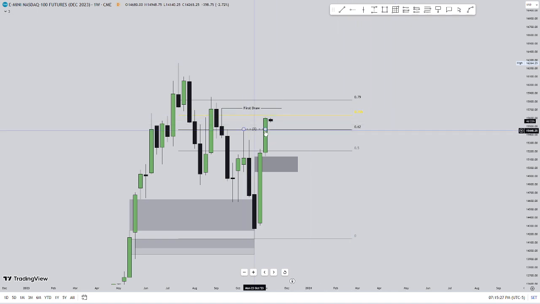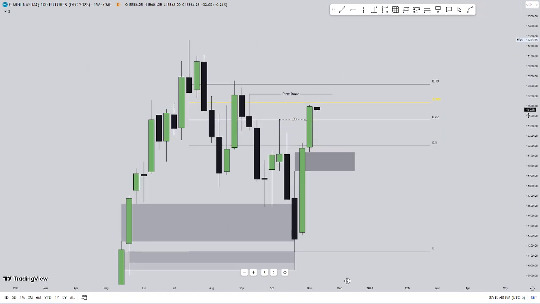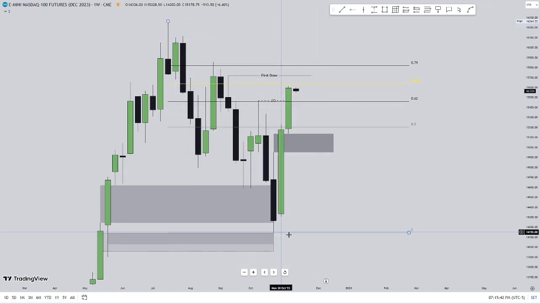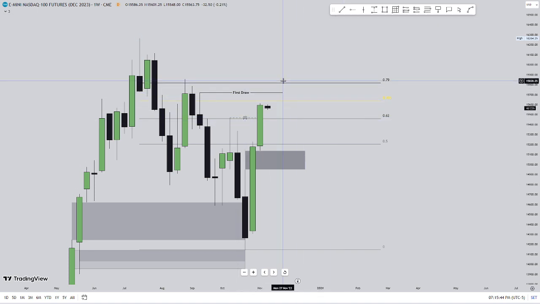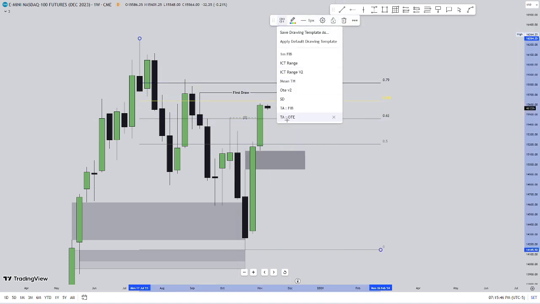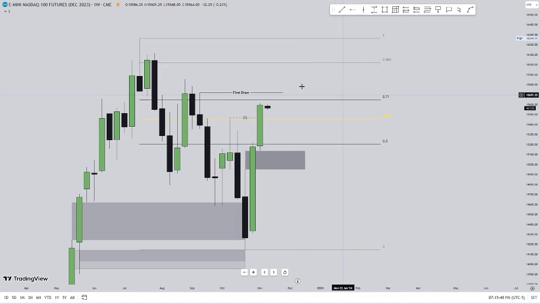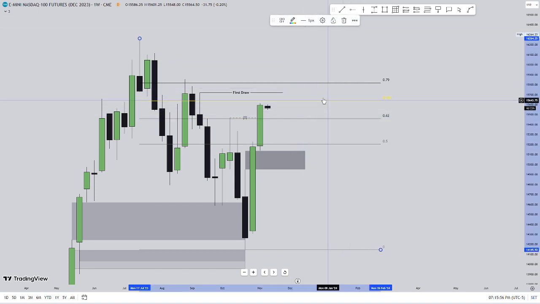Obviously here we take out this monthly swing high, which we've seen on SPX, but NQ actually just crushed it. SPX was barely closing above it. Here we are well above it, and I drew the OT from this swing high to this swing low, and currently this is the OT zone. I have two OT zones, this one and the OT V2. In any way, shape, or form, this line right here, I don't know how to explain it, but this one seems to be the one that's getting repeated all the time.